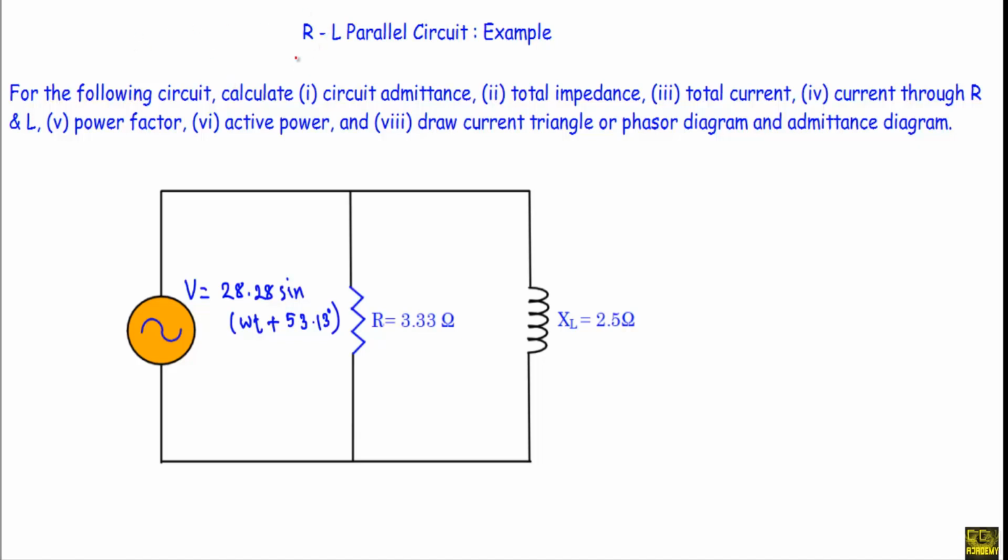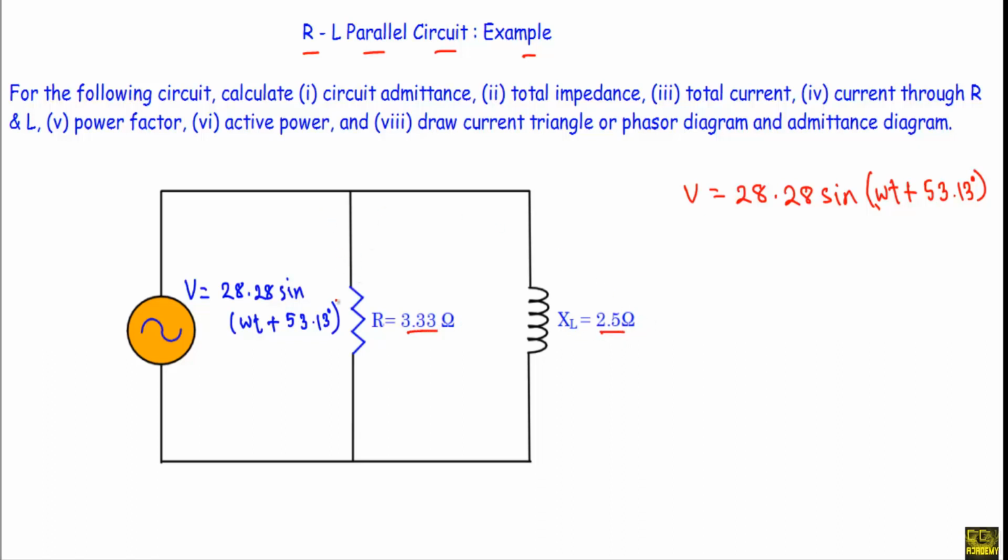In this video, I will show you an RL parallel circuit example. For the following circuit, this is our given circuit. In this circuit, we are applying a sinusoidal voltage V equal to 28.28 sine omega t plus 53.13 degree, which is connected in parallel with a resistance of 3.33 ohm and with an inductive reactance of 2.5